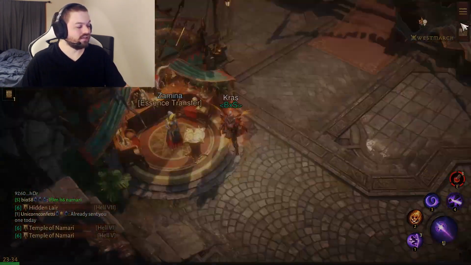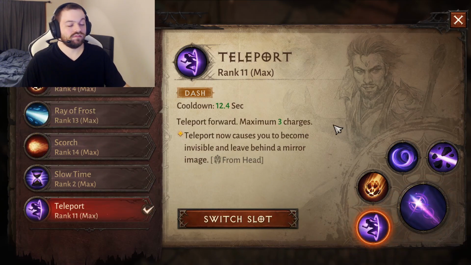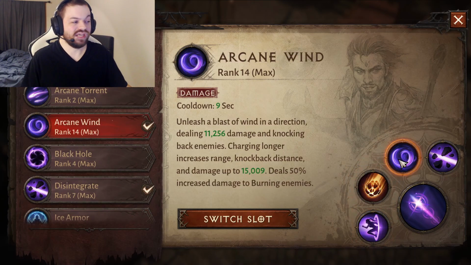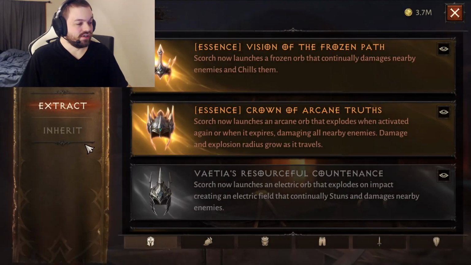For our skills, we're still using Magic Missile for the same reasons. Best single target damage, good ultimate. Teleport, definitely the most important skill for PvP, so we're still using that here. I would never probably run a wizard build without teleport if possible. We're using Meteor, Arcane Wind, and Disintegrate. And then the legendaries we're using